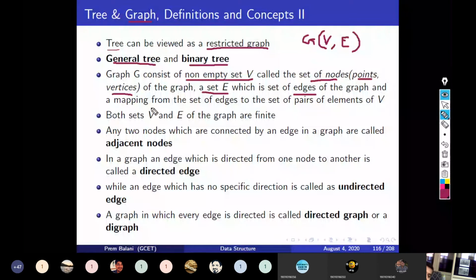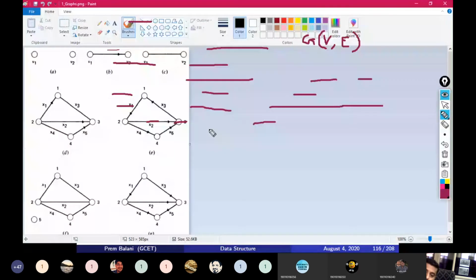And there is a mapping from the set of edges to the set of pairs of elements of V, and both V and E are considered as finite, right? They cannot be infinite, otherwise a graph is not possible. Okay, so if you see here in this image,